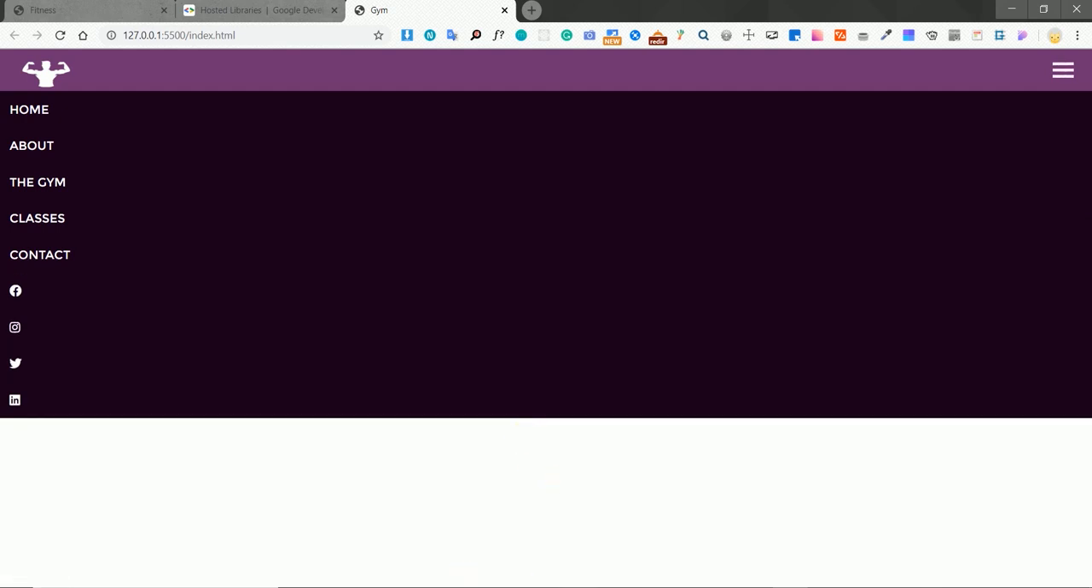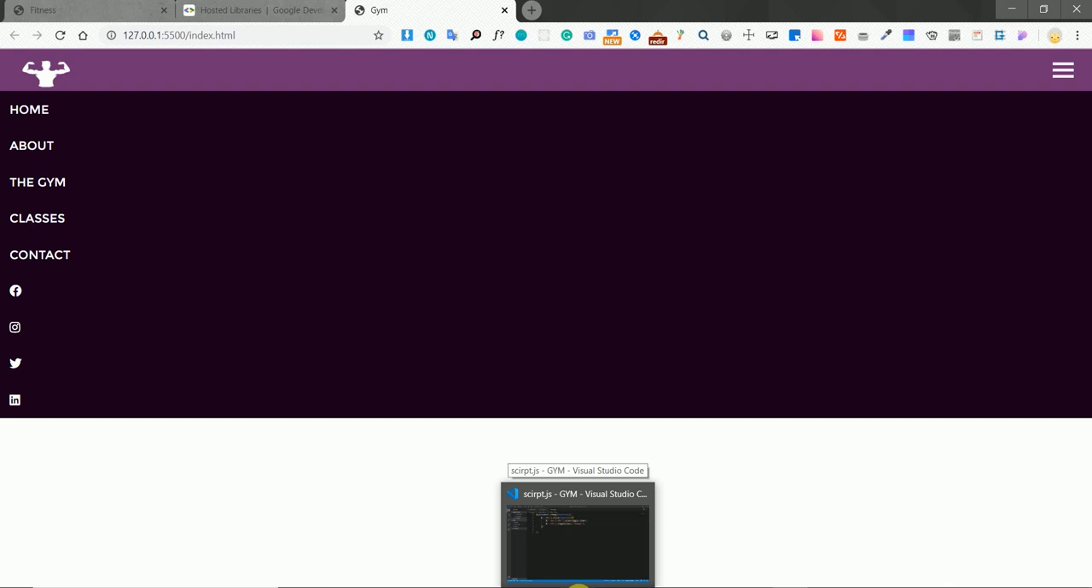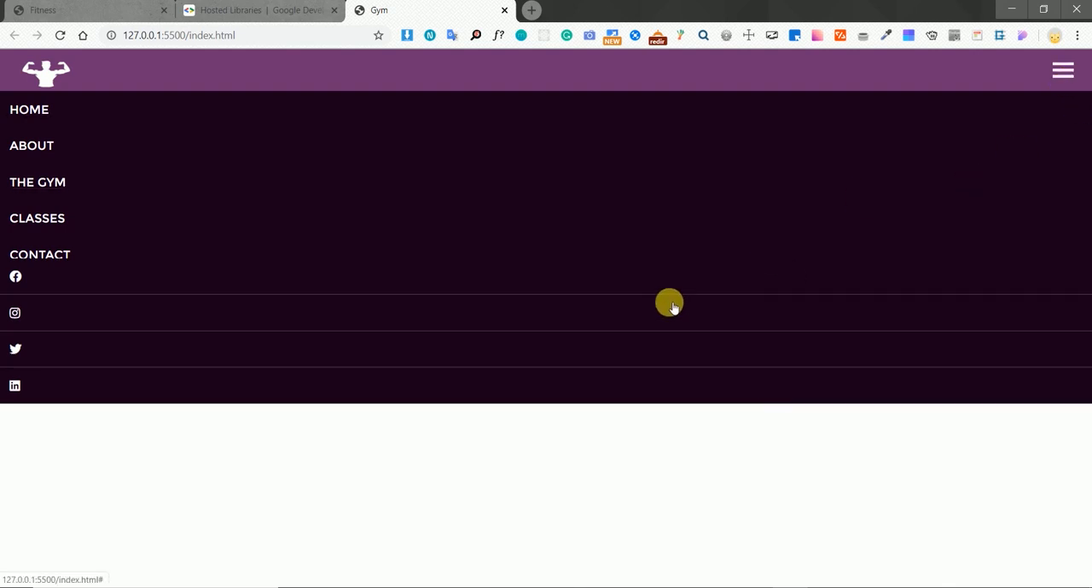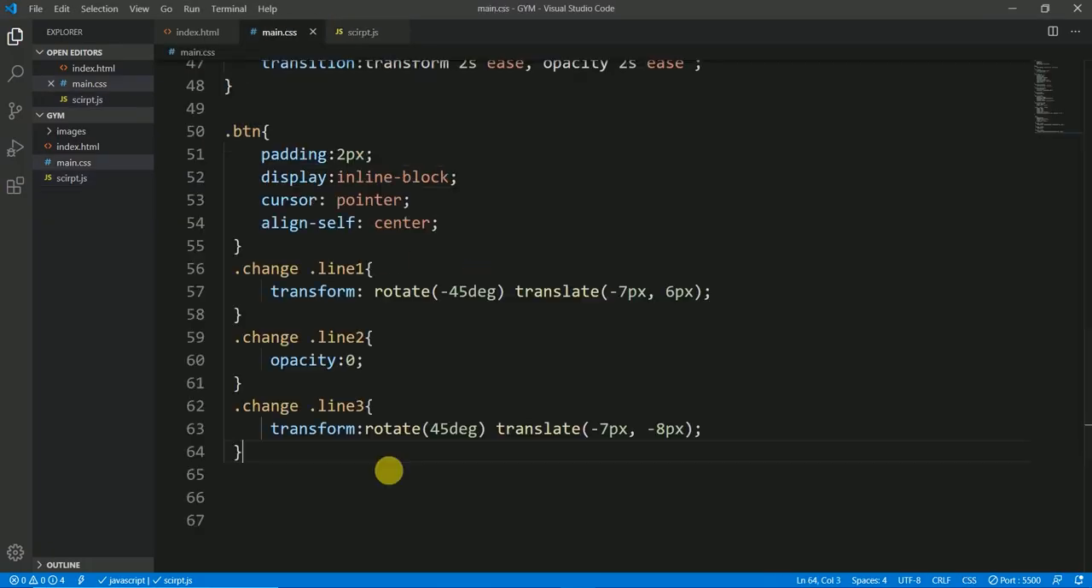Okay, the button is working, and we have the slide animation a bit, we can say, and now we have a lot more to do actually. So now let's go to the CSS, and let's see where we have to do more. Okay, so what we have to do more, I think first of all let's do the header. Let's go for the header,